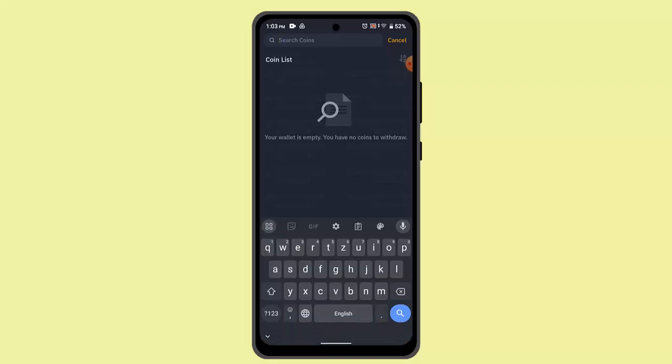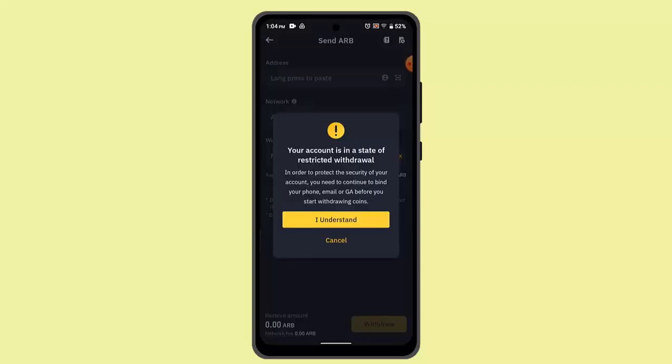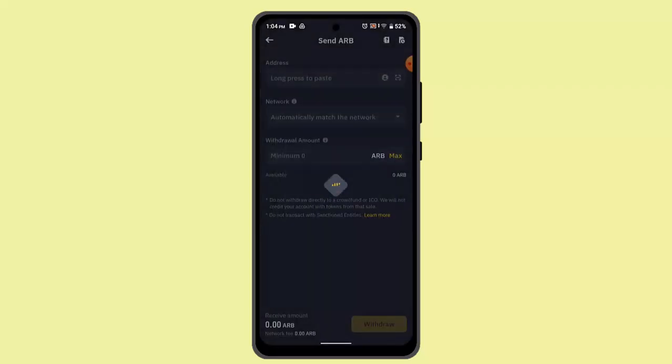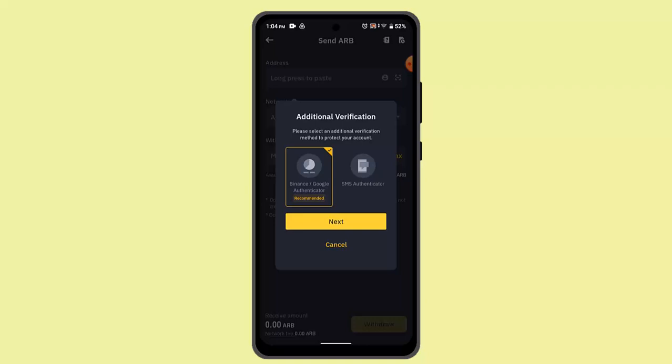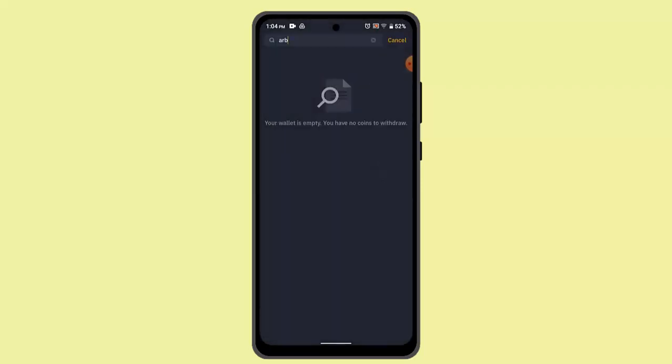Click on the search box and type in Arbitrum. When you locate ARB or Arbitrum, then you need to go ahead and select whether you want to send by crypto network or send by email or phone number. So, send by crypto address. Now you need to go ahead and copy the wallet address from your Metamask wallet account and then paste it right on this page. When you do that, you'll be able to send Arbitrum from Binance to your Metamask wallet